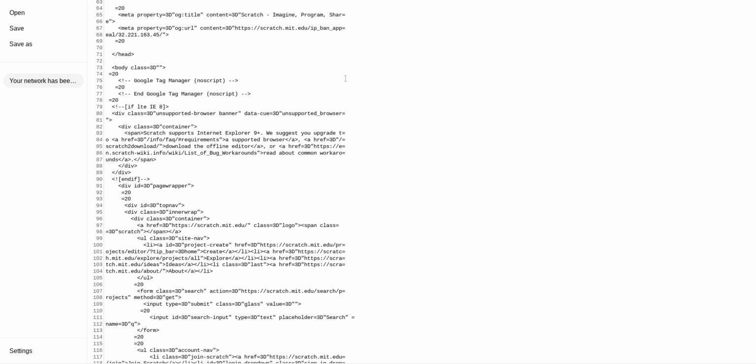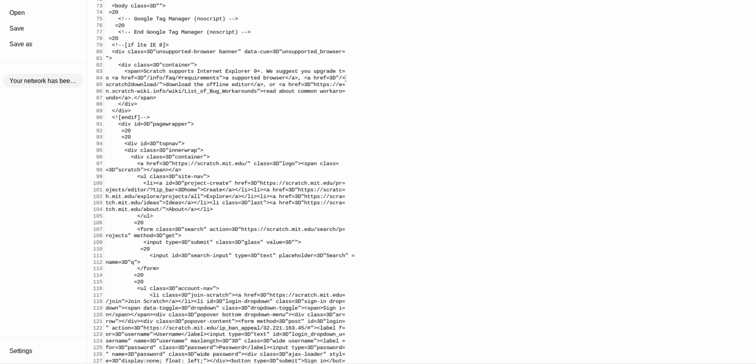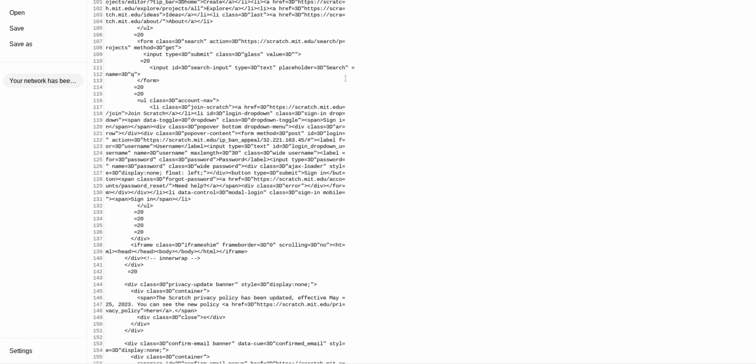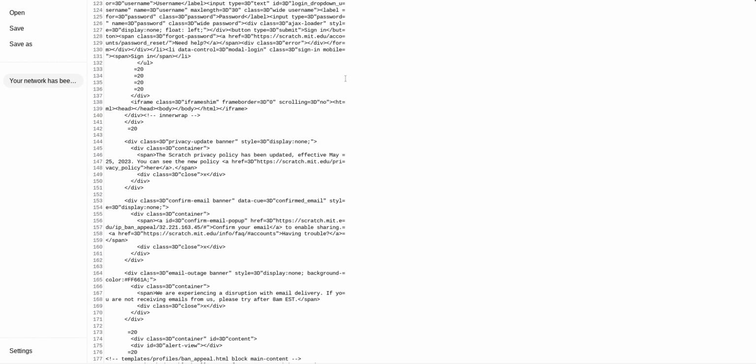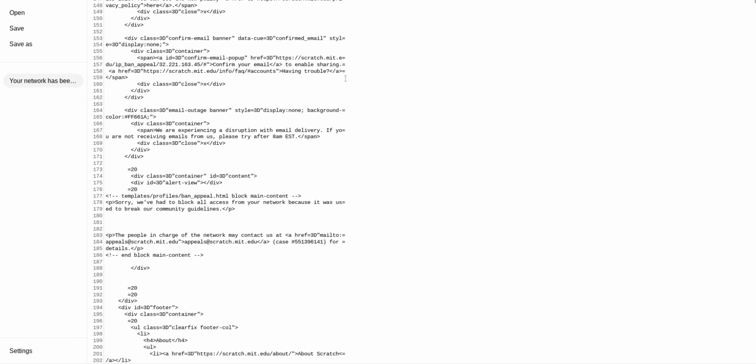And there's another thing you can do. If you scroll down, maybe to the profile ban appeal and unban here, try to say something weird.